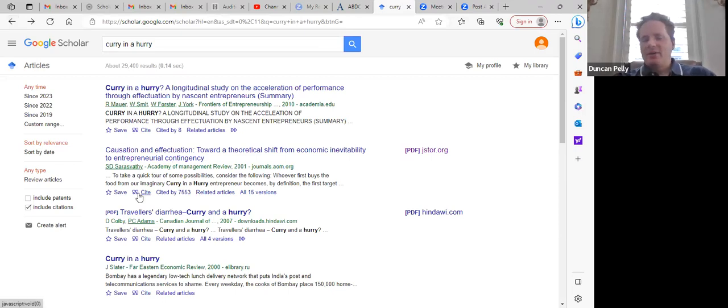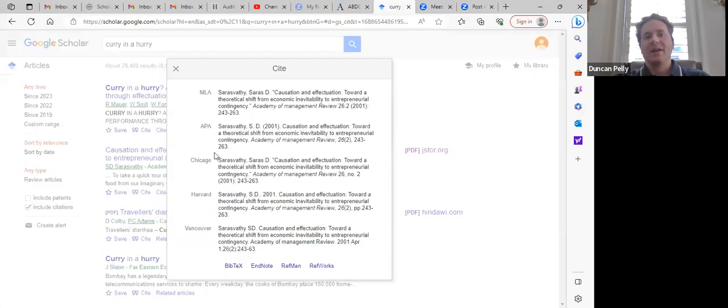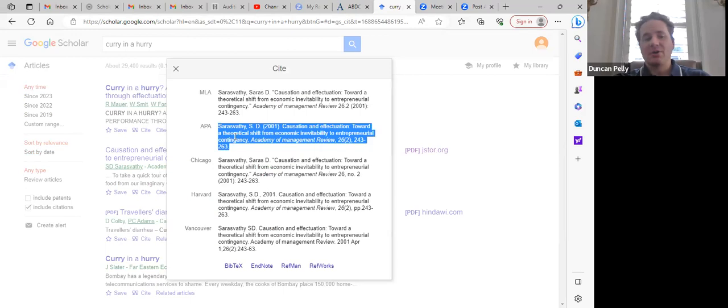You see where it says cite here? You know how you hate, and I'm sure you all have had to do this for another class, like writing a research paper, when you have to evaluate a bunch of articles and then manually type in the citations one by one? No need to do that anymore. Watch this. Click cite, and here's all the citation formats. In business, we normally use APA. You click that just like so, you push Control-C to copy it, and then Control-V in the document, and bam, your citation is pasted right there in your references. No need to type these things manually.